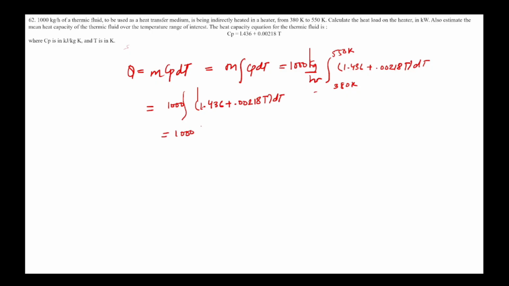So 1000 times [1.436 (550 minus 380) plus 0.00218 T square by 2, evaluated as 550 square minus 380 square]. Okay, so it will give around